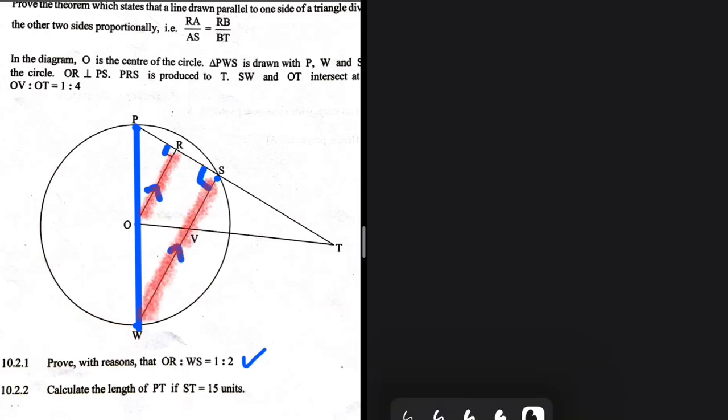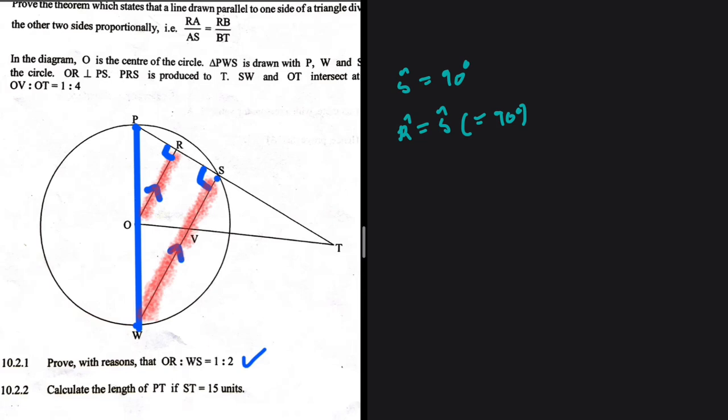Okay, but if you take a look at OR, we can say that OR is a side on triangle POR, and then WS is a side on triangle PWS, right? But these two triangles are similar to each other. Why? Angle R is equal to angle S. They are both equal to 90. We have talked about why angle S is equal to 90: it's subtended by diameter